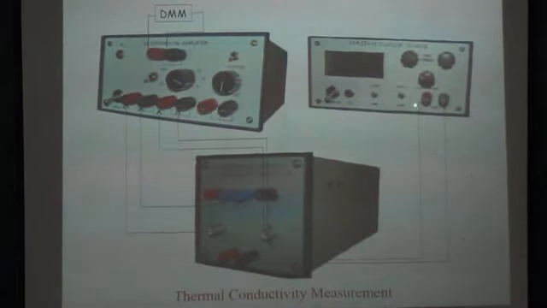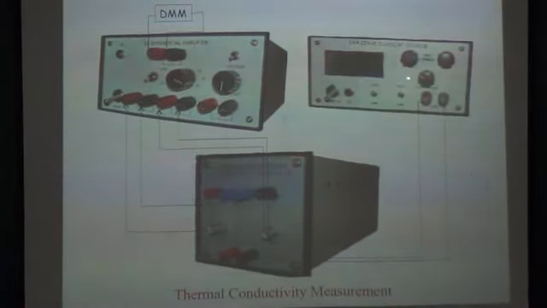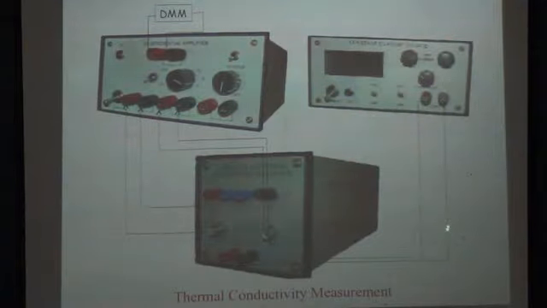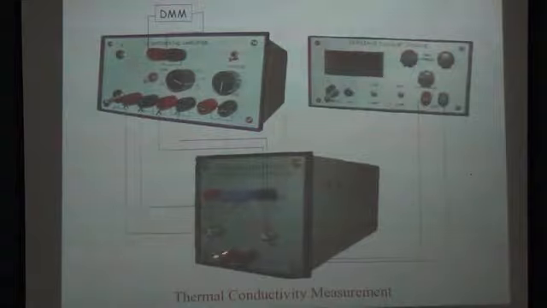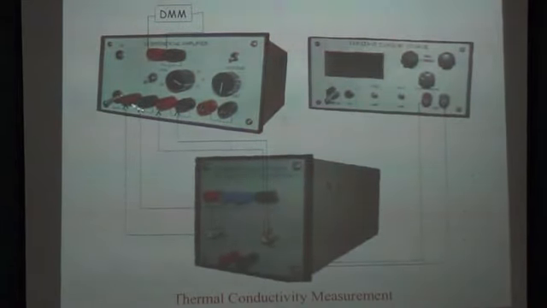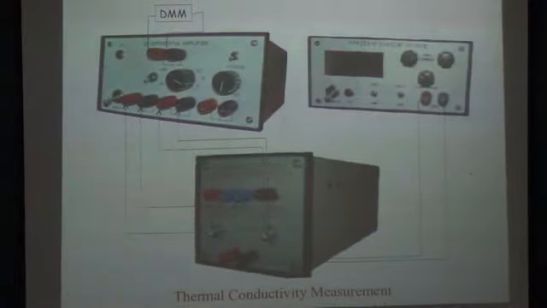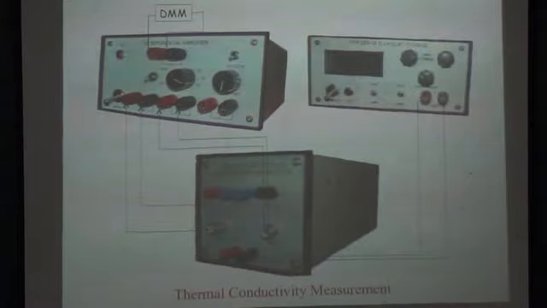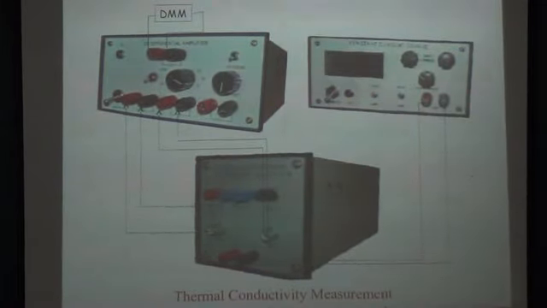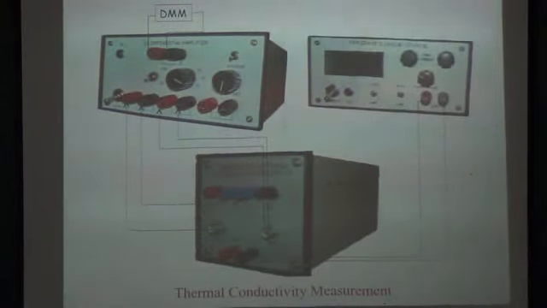So we allow a current to pass through. A 260 milliampere current is set here on this panel. We pass that current through the electrical and thermal conductivity box here, and then we measure the temperature here. We connect this here and this here. We leave this setup. Once we set the current to, let us say, 260 milliampere, we have to wait for 45 minutes till steady state is reached.